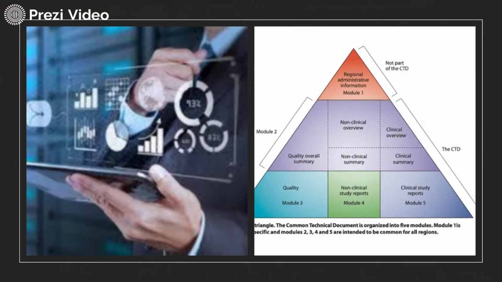So, whenever any new molecule or any generic drug has to be sold in the market, it first has to be registered with the regulatory agency. When we submit the documentation for the investigational new drug, new drug application or generic drug, it has to be submitted in a particular format. There are set guidelines established by the different agencies and a set protocol whereby the document has to be submitted. This is known as the dossier.